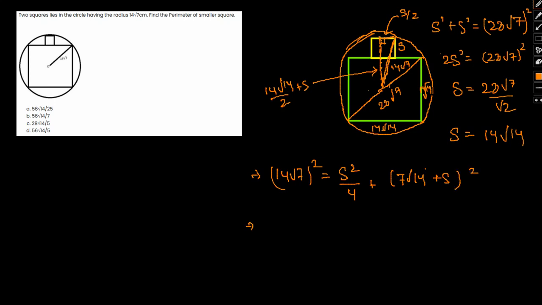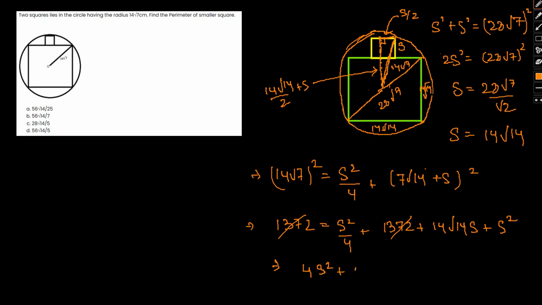Okay, so this would come out to be 14 squared is 196 into 7, 1372, equal to S square by 4 plus 1372 plus 14 root 14 S plus S square. Okay, so this is what we have. This and this get cancelled out, so therefore we can actually write 4S square plus 56 root 14 S plus S square equal to 0,